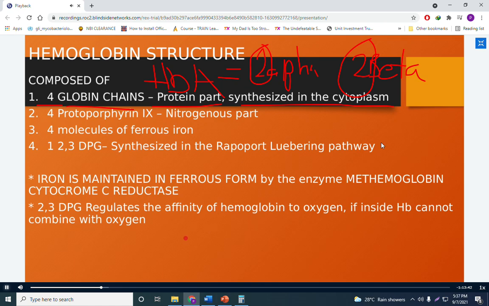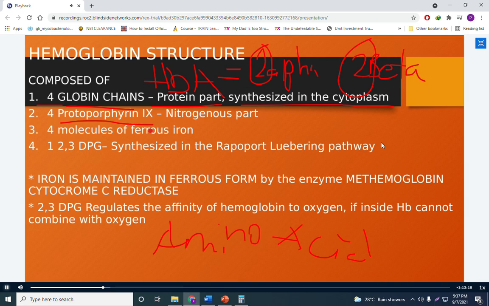The globin chains class. Class, what is the building block of your protein? What is the building block of your protein class? All right, very good. It's your amino acid. Amino acid. So we will discuss that later. The amino acid. No? Next part class ng hemoglobin structure nyo class is your, it contains 4